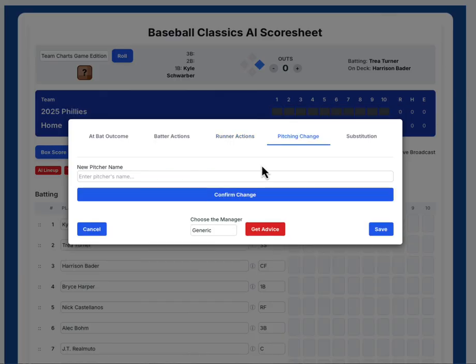Pitching changes: if you're bringing in a new pitcher, of course, you need to let AI Scoresheet know. I'm bringing a new pitcher in right now before this batter bats. Put in the pitcher name, confirm the change. That way it'll know to track the stats for that pitcher moving forward, and of course end the stat collection